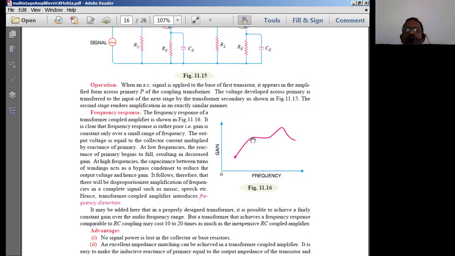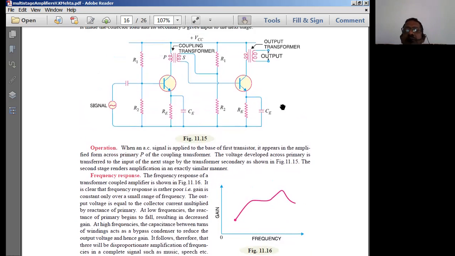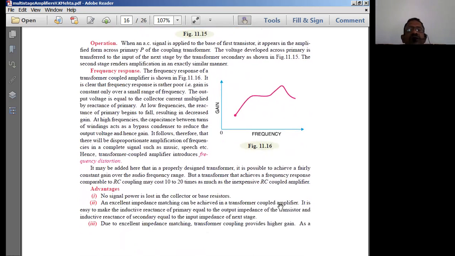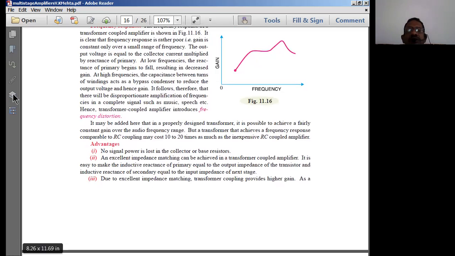So we need to operate this particular transformer coupled amplifier only in this limited region. If this limited region is made equal to the audio frequency range by the design parameters, we can use this at the output stage of the amplifier. Even though we have the frequency distortions, we can still manage with this. If you want more gain, more speaker output response, then you have to use this at a very high gain. Okay. So these are some of the pros and cons of this particular frequency response of the multi-stage amplifier circuit.